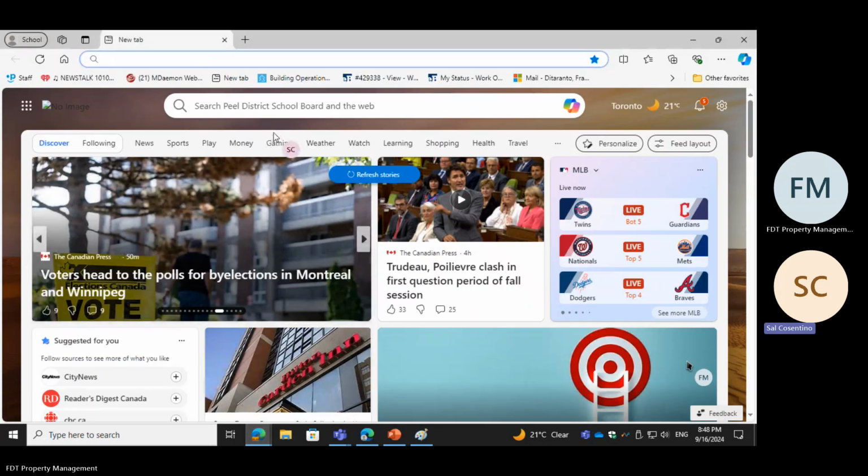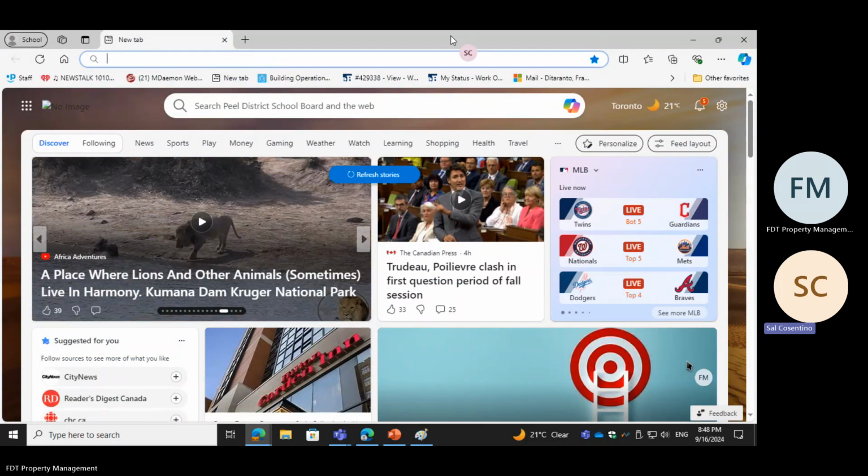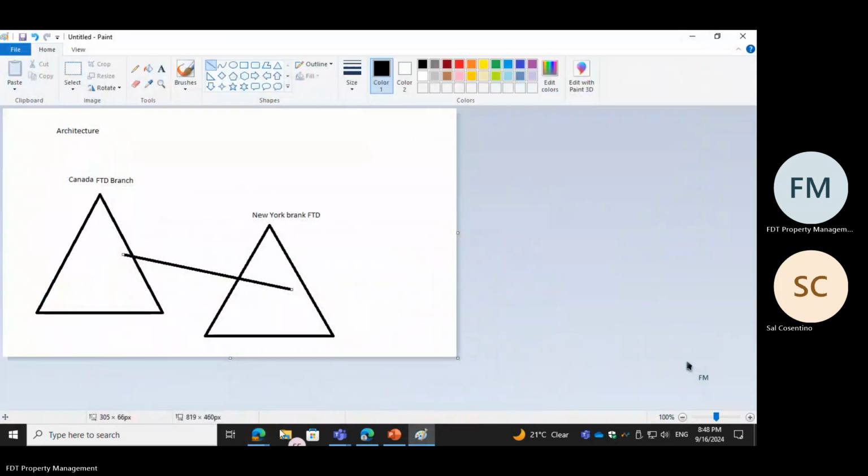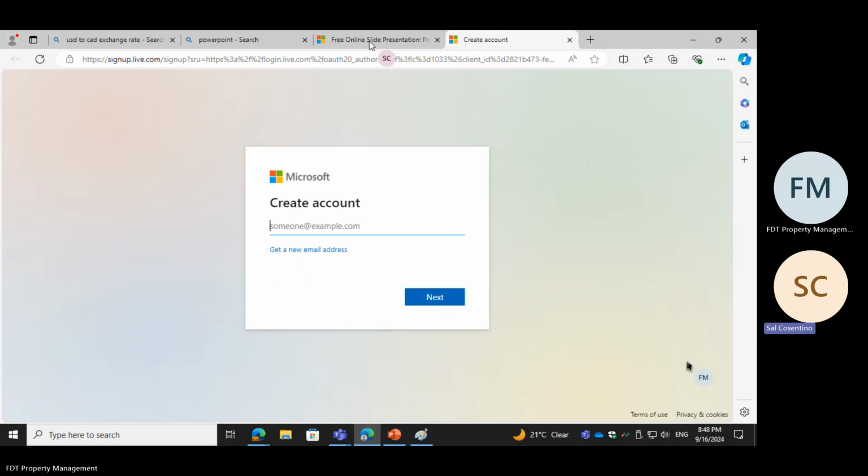So there's something underwater. They're called submarine cables. Have you ever heard of what submarine cables are? No, never heard of submarine cables. Okay, so